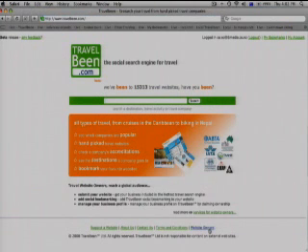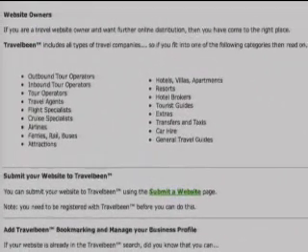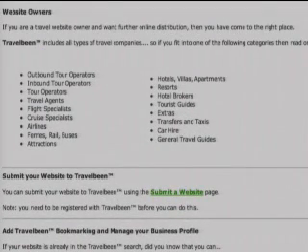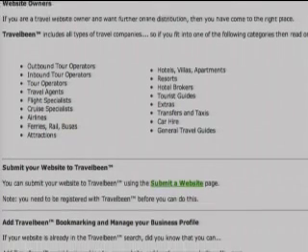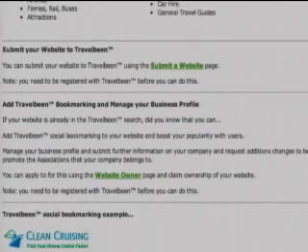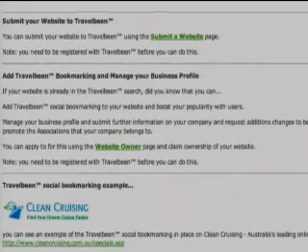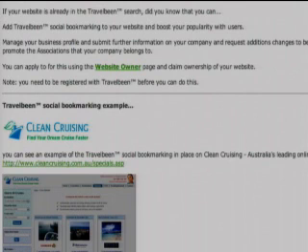Now, we get websites editorially ourselves. Users can submit them, and travel companies themselves can submit those websites. And we cover any kind of travel website, and we'll index it within the Travelbeen search. Additionally, a travel owner can actually claim ownership of a website and start managing their profile on Travelbeen.